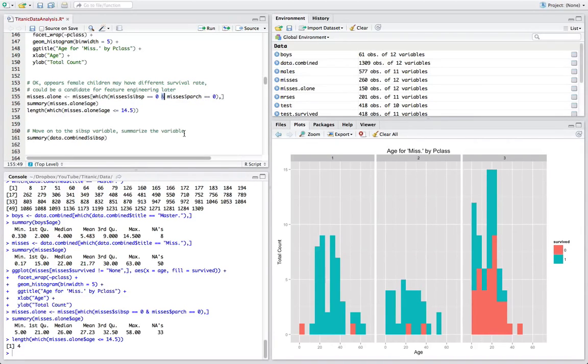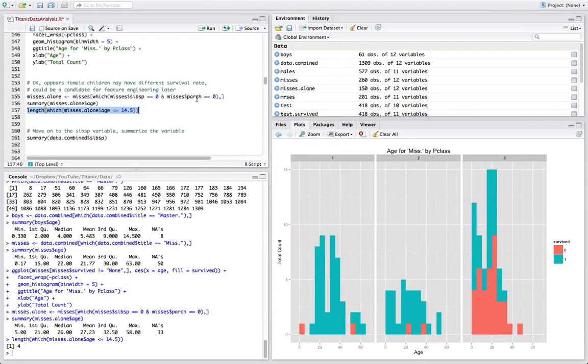Notice that, unlike a lot of programming languages, it uses a single ampersand here to do a logical AND. So this says, hey, go through all the Mrs. data records, find those with a sibling spouse record equivalent to 0, and then also find me a parent-child record whose value is 0. And then return me back the indices where both of these things are true simultaneously. Give me back all of the variables, pull that from the main Misses data set and cram that into the Misses alone variable. Then summarize the age for me, and then give me just the length of which,